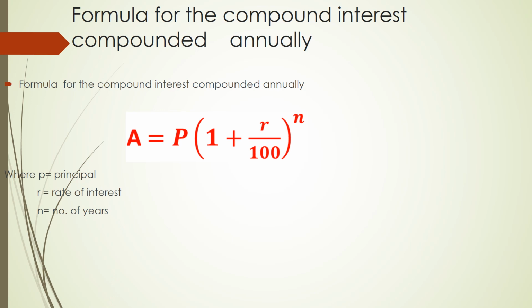Now here, for finding the compound interest, it's very easy. You can just subtract the principal from the amount. So amount minus principal will give you CI, that is the compound interest. You understand? Now this is very easy for finding the compound interest. Now let's see the compound interest for